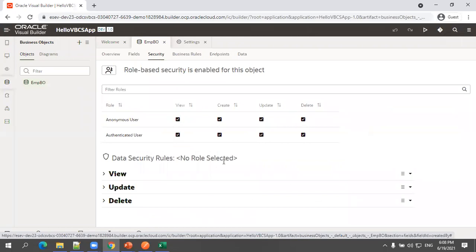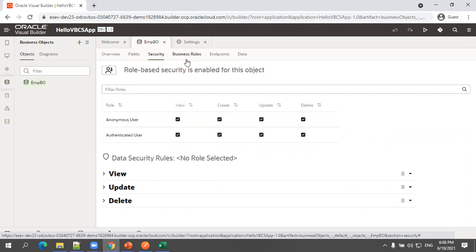Now next, this is security. So what do you mean by security? Whether you want to allow your business object to be accessed by a third-party application or not, we can provide all those kinds of security settings. As of now, I just mentioned anonymous user, because I just want to access the business object using Postman. You can also provide a different security rule for each data access level: for view purpose, which users you want to access, which users should be given update access, and which users should be given delete access.